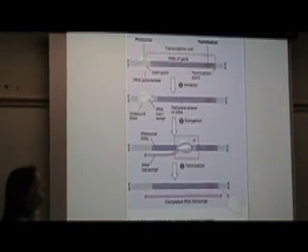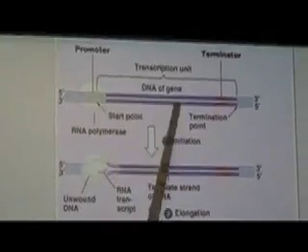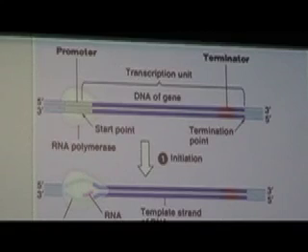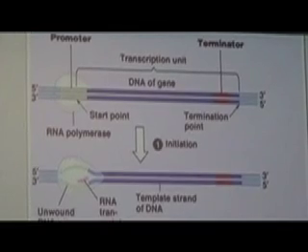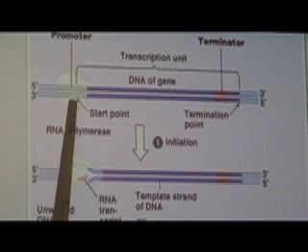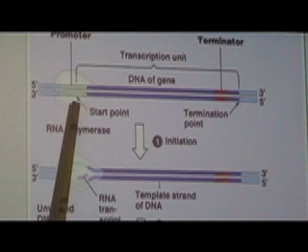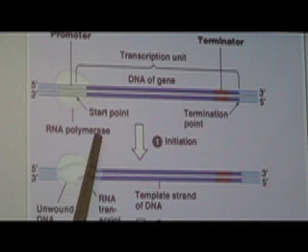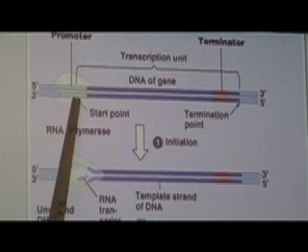Okay, there's definitely some similarities between transcription and replication where DNA makes DNA. Here we have our double-stranded molecule of DNA. Unlike replication, in transcription, when we make the RNA, we're just going to use one little segment of the DNA, here shown as the transcription unit. There's a promoter region at the beginning, and the RNA polymerase comes along and finds that promoter region and separates the two strands of DNA, which is what you're seeing down here. And that's called initiation. The RNA polymerase finding the starting point or the promoter region on the DNA and separating